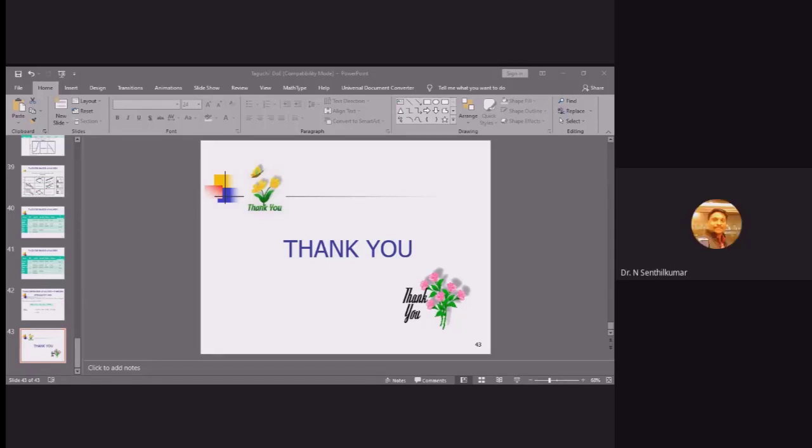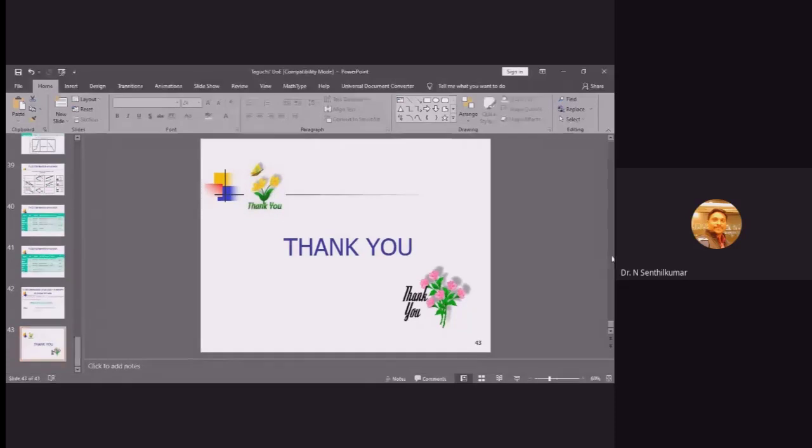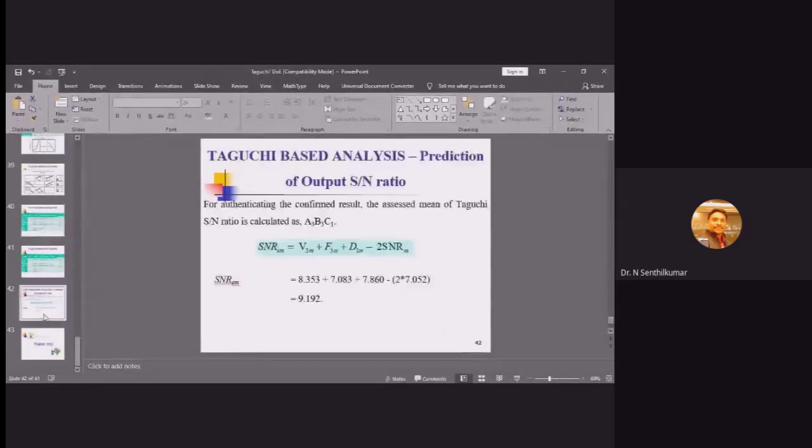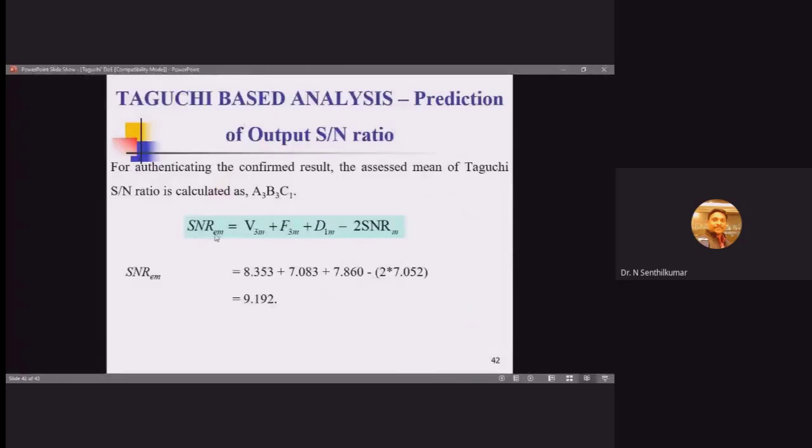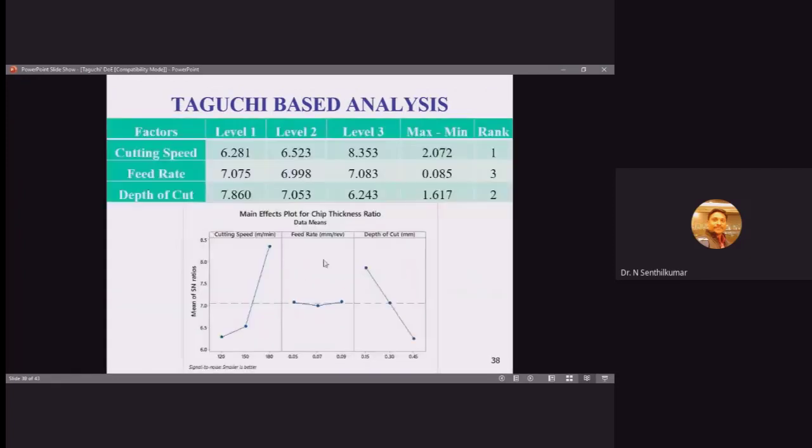Yes, sir. So this is what we are speaking about, the prediction equation. This is a real-time prediction. Now I am going to estimate the surface SN ratio. Here, this is the optimum condition that I have obtained. The SN ratio should be maximum for any optimization. S by N: if the noise levels are less, then the strength will be higher. That is the case in Taguchi, no? So the S by N ratio should be higher. That is the optimum condition.